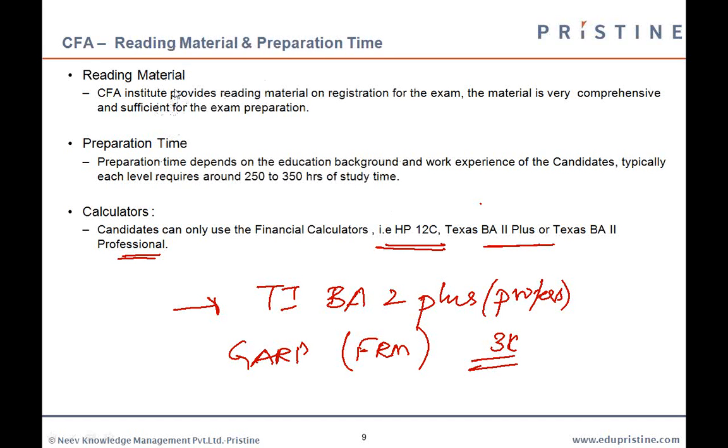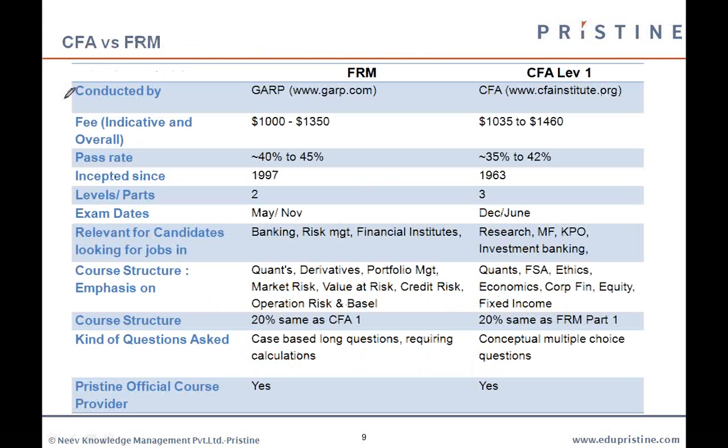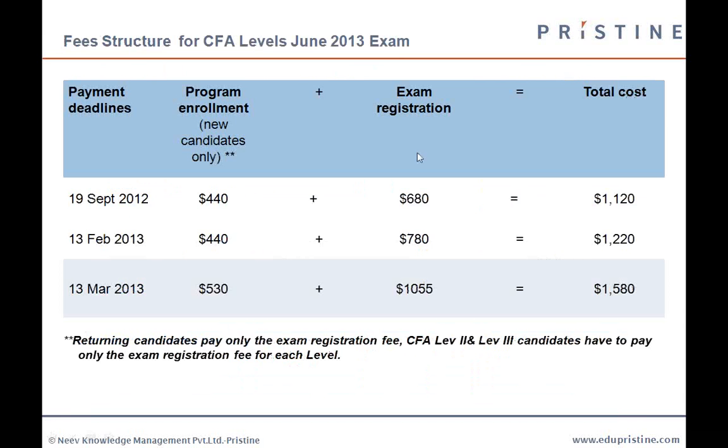Akshit has a question. If I register again for level 2, do I have to pay money? Yes, Akshit. Whatever fee structure that I showed you was for the level 1 exam. For level 2, there is another important concept that you need to know. For level 1, the total fee that you pay actually has 2 parts. One is program enrollment, which is like a one-time membership fee that you pay to CFA Institute, and the other one is your exam fee.